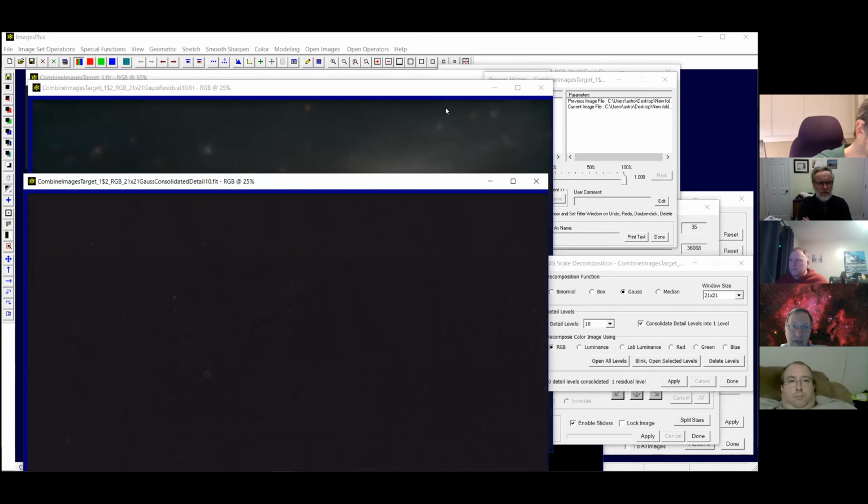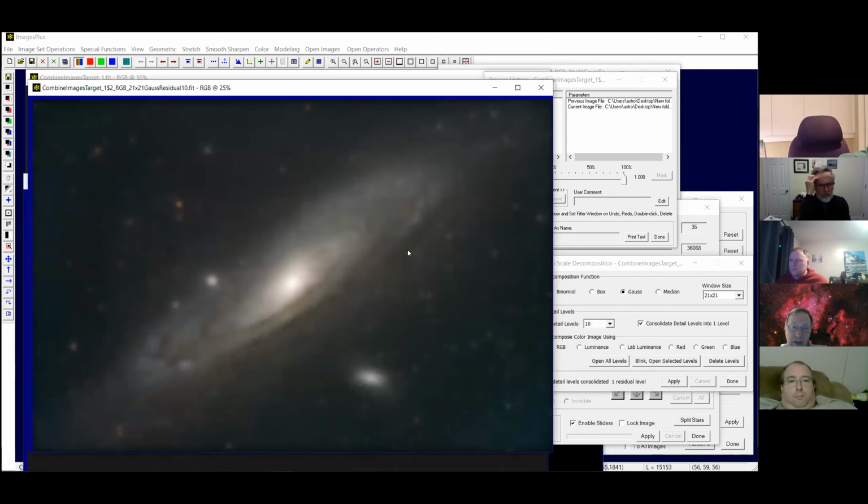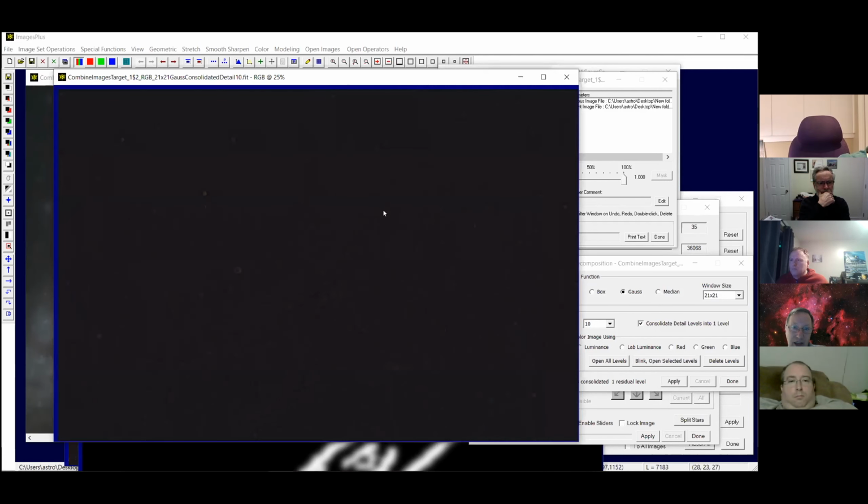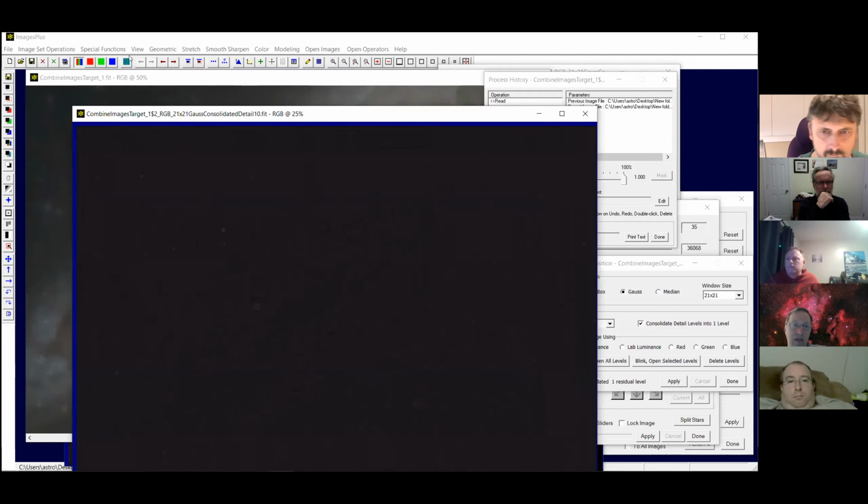Okay, now, this is now the residual layer. We don't want that one. This is now the detail layer. Now, I don't know, can you make out that on the zoom window? Yeah, you can see it a little bit there. It's very dark, but it's only the really sharp detail that's there. So what we're going to do now is